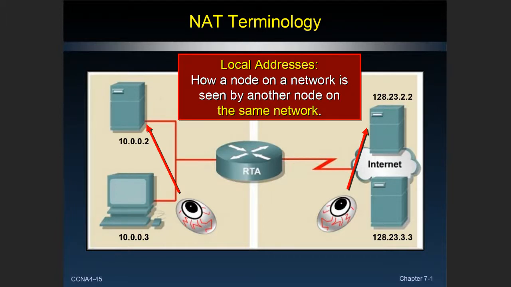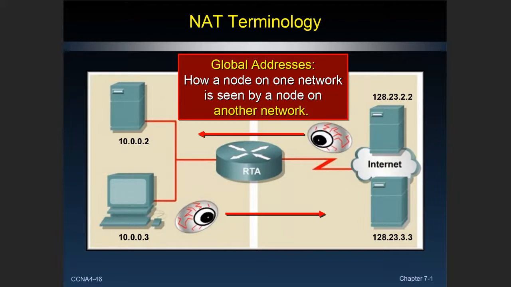So in the outside world of the public internet, we can have public IP addresses. These two servers have similar addresses, and they can ping each other, and they see each other with their non-translated type addresses. Now, the global address is how a node on the network is seen by the node on the other network. So in the case of the big eyeball here, who is maybe at the web server farm at the data center that's at Cisco, he doesn't see your address.